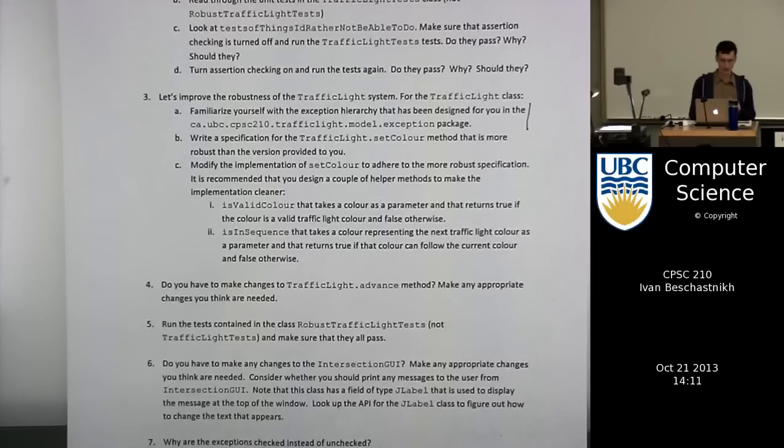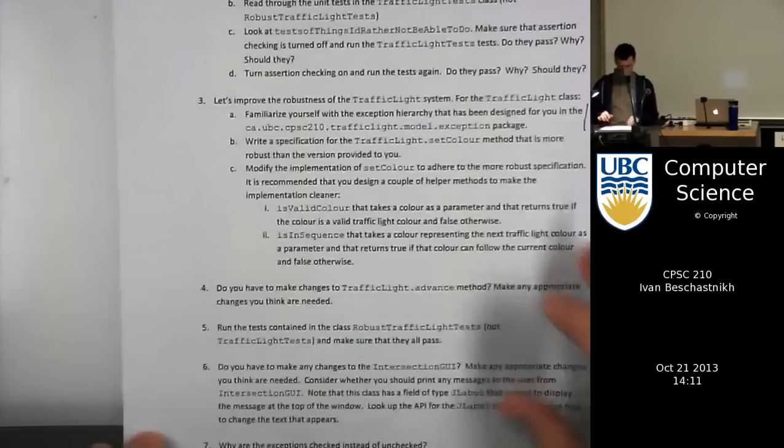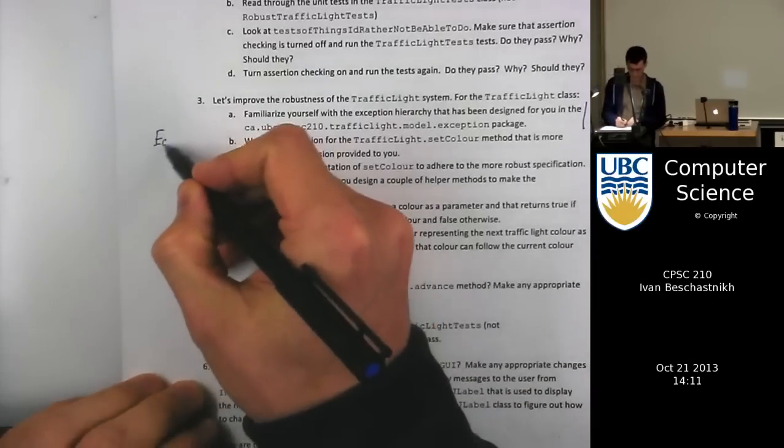So there's 3 exceptions. This is the traffic light exception, which extends exception. There's nothing in it really, just a very generic exception. There's a sequence exception, which extends traffic light exception, also very generic. And then there's a color exception. Color exception is a little bit more interesting. It takes a color, and then the error string that it creates is 'a legal color for traffic light' plus the color. Right, so the exception hierarchy that we have here is we have exception,